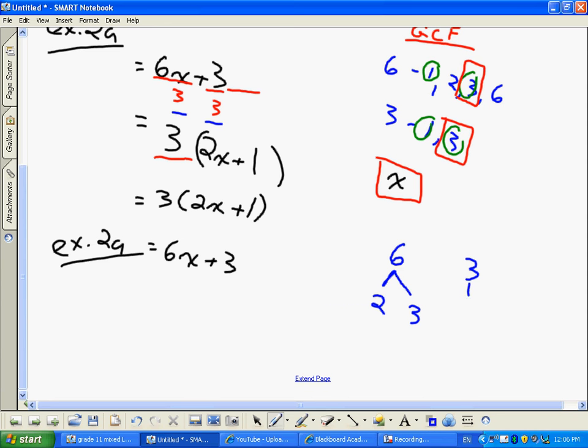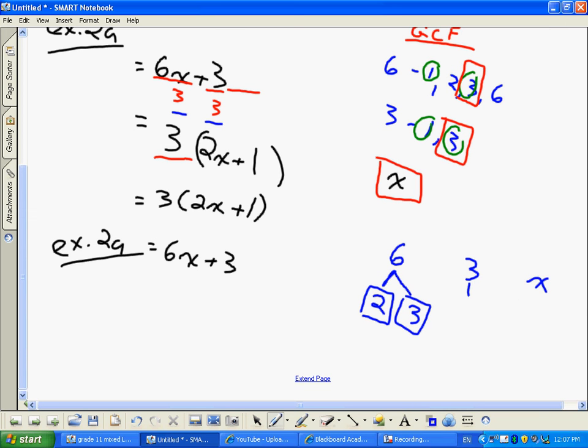My other factor 3, it's already a prime factor. Can't break it down anymore. Okay? So, now that I've done this, 2 and 3, I'm going to rewrite this question in its prime form. And, sorry, with x, so I should do that in blue. Prime factors of x,